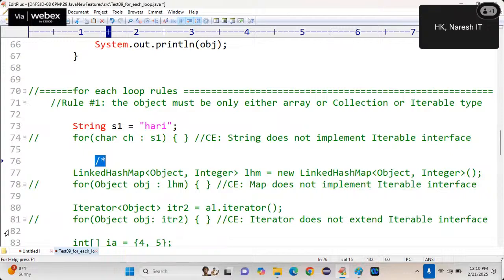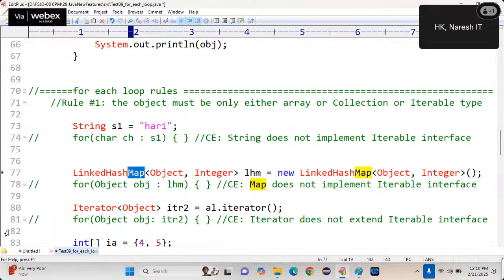Then next, can I apply for each loop on a map collection? No, because map is not an iterable. Map is a table. Only array type format memory is iterable. So then how to apply for each loop on map, sir?